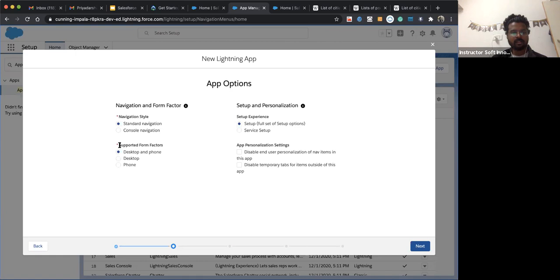Thereafter we have where you want to open it, on which devices it will be available. Let's make it available for both desktop and phone. It's available only for the setup. Let's make it default as it is, disabled and user.